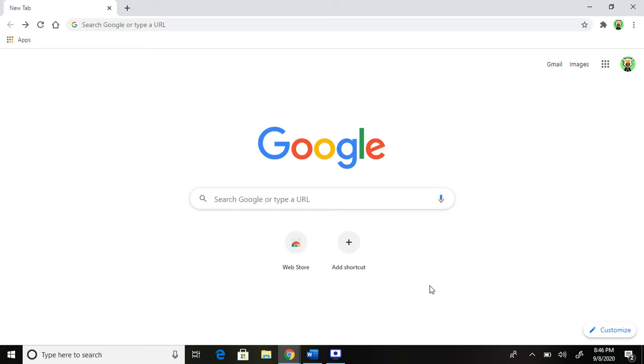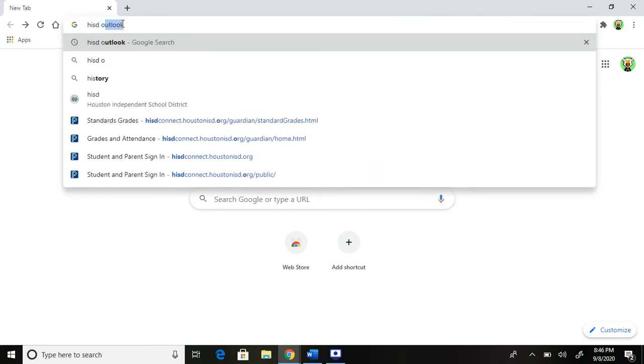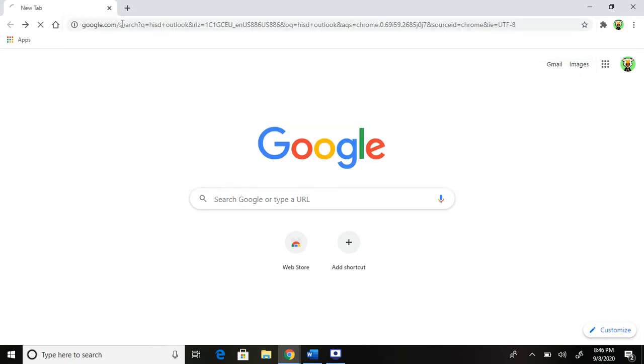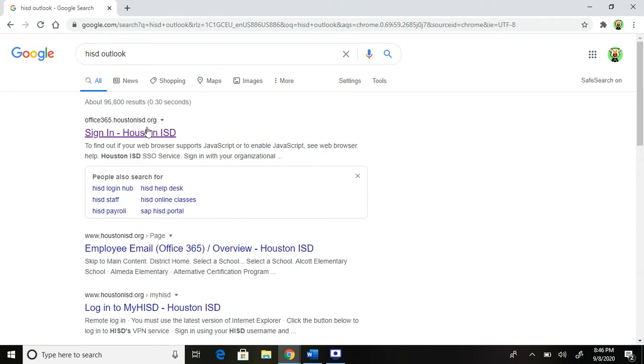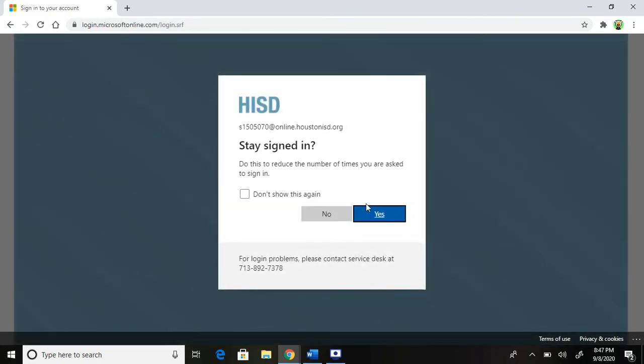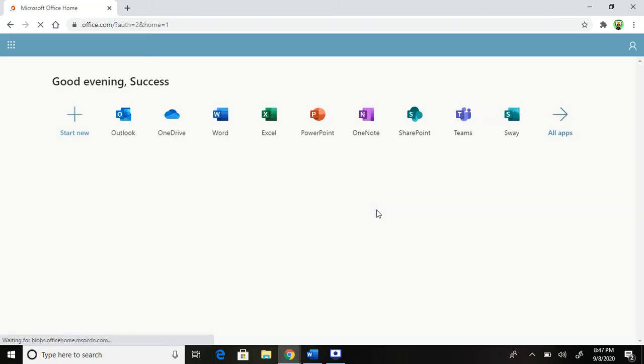Today I'm going to show you how to set up your Outlook email for Ms. Jolivet's class. First, you want to go to HISD Outlook, type it in on your URL bar, then hit sign in. If you're using your school laptop, it should automatically have you logged in. If not, then